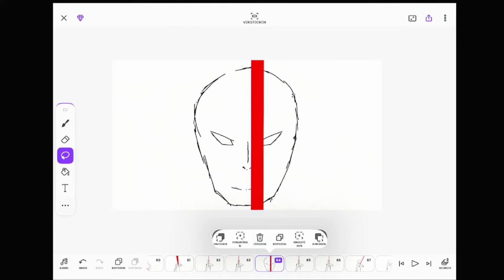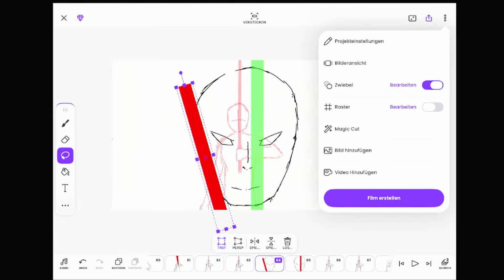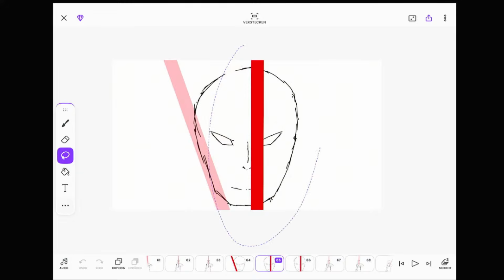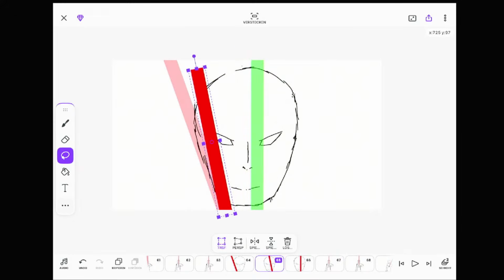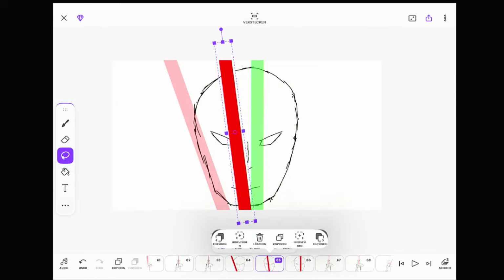Just copying this, and we only need that. The lightsaber slows down.